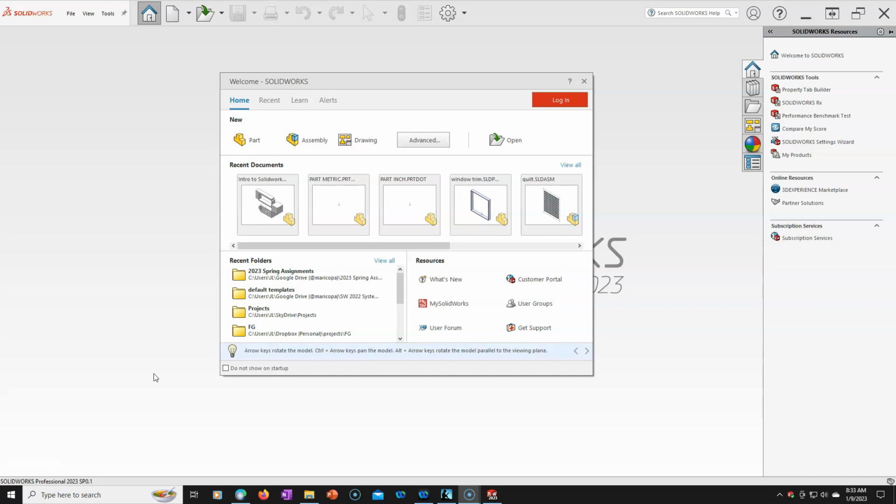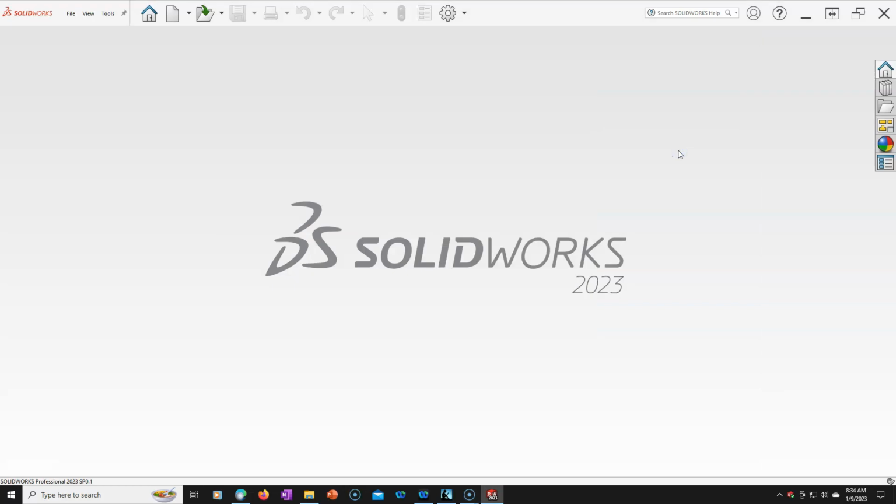All right, so since it popped back up on a fresh start, here's the do not show on startup. If you want to see this, great. It'll pop up each time. If you don't, then you can do the do not show. Otherwise, you click out. The task pane is also shown. When you click out, both of those will collapse or go back to the icon. Not sure if you've created the login for SolidWorks on a newer version, but